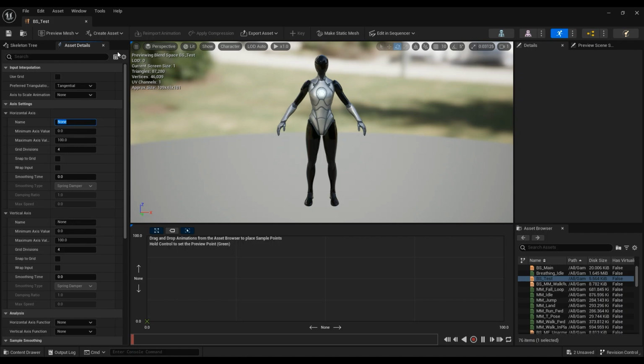The name of the horizontal axis will be direction, and the minimum axis value is minus 180 and the maximum amount is 180. You can go ahead and adjust the smoothing time. I guess something like 0.05 would be nice, but it depends on you. For me right now, for the sake of this tutorial, 0.05 is nice. The vertical axis name is speed, and the maximum axis value is what we have in the